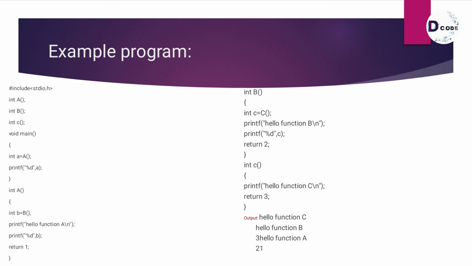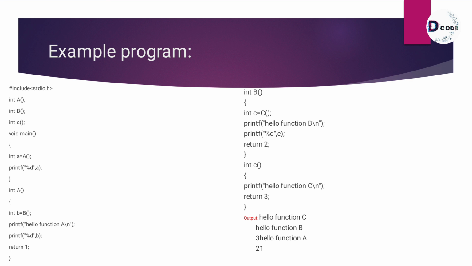In the main function, we have int a is equal to a function. Then the compiler goes to the a function and sees int b is equal to b function. Then the compiler goes to the b function and it looks for int c is equal to c function. And here the compiler goes to the c function and then